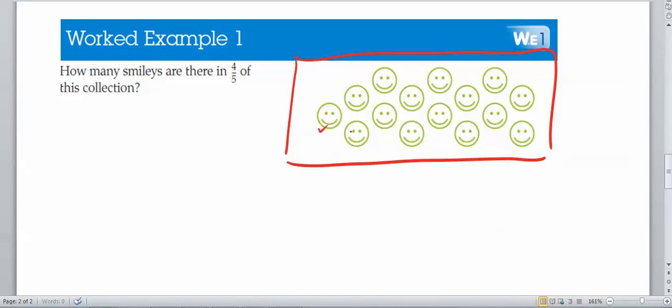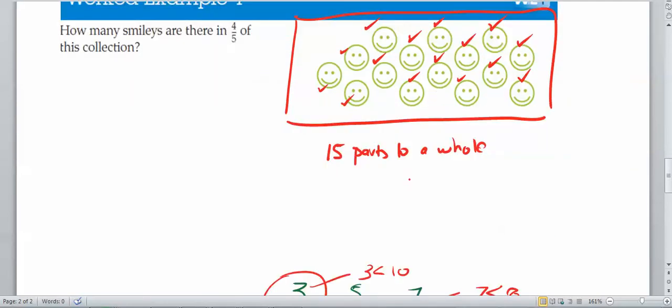So we've got 1, 2, 3, 4, 5, 6, 7, 8, 9, 10, 11, 12, 13, 14, 15. So we've got 15 parts to a whole. Now in this case we're looking for 4/5. So if we were to divide this 15 into 5, then we know that we've got 3 smiley faces